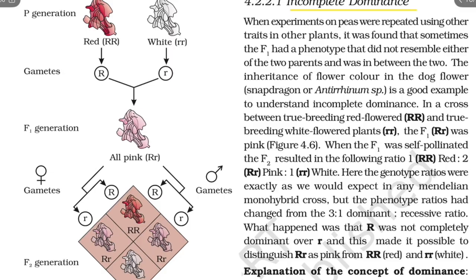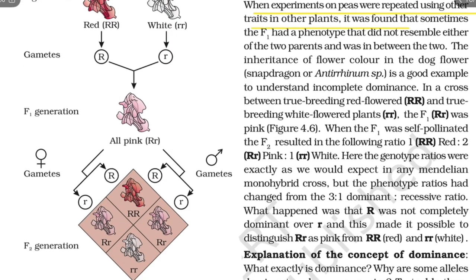Incomplete dominance. When experiments on peas were repeated using other traits in other plants, it was found that sometimes the F1 had a phenotype that did not resemble either of the two parents and was in between the two. The inheritance of flower color in the dog flower, snapdragon or antirrhinum,